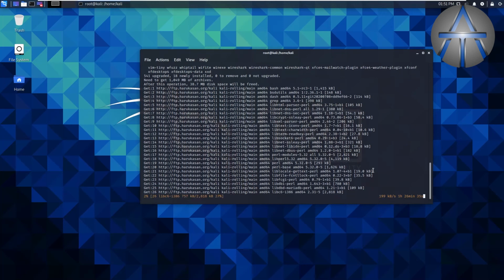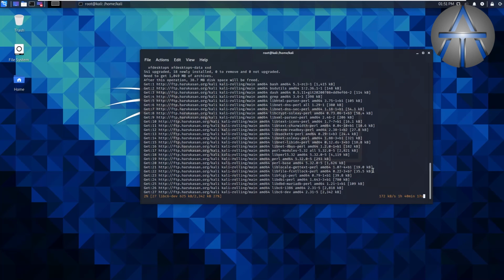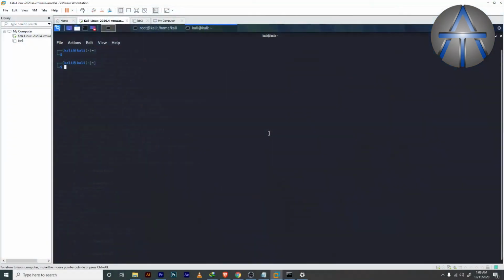After this download, this Kali Linux will reboot and the page will ask you for the root password and user. You will have to put it in and log in with your root user. As I said, here you have to log in with your root.